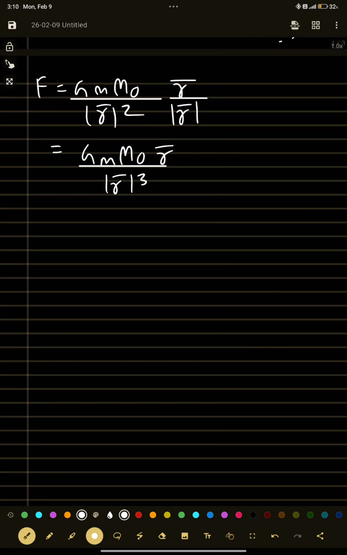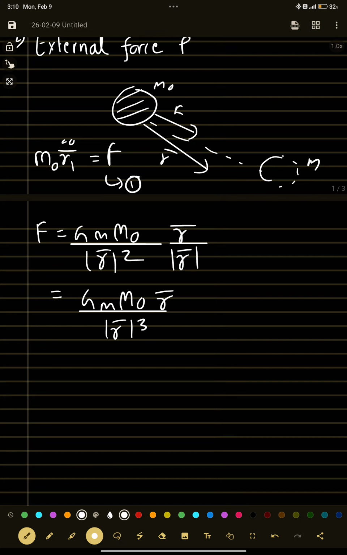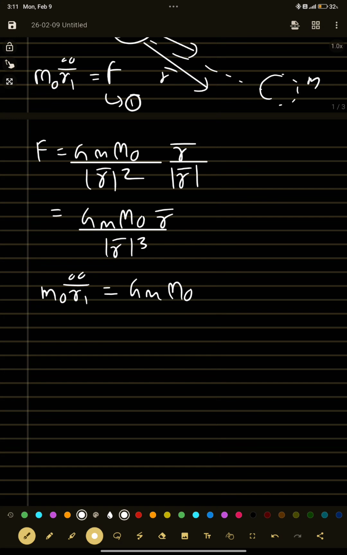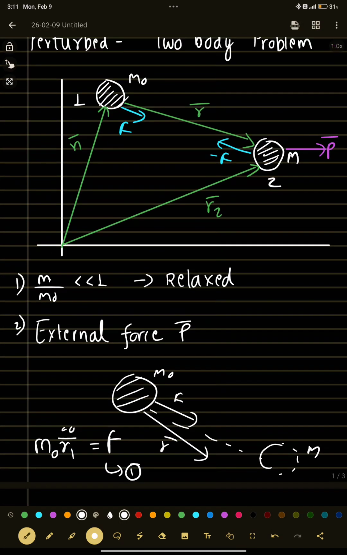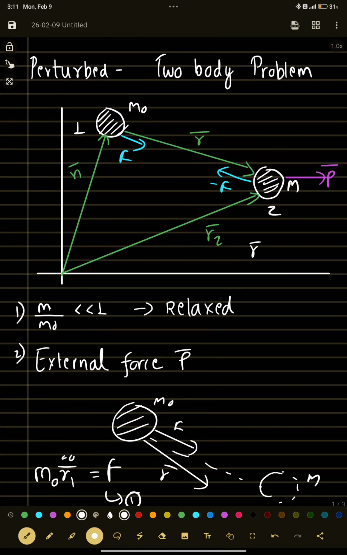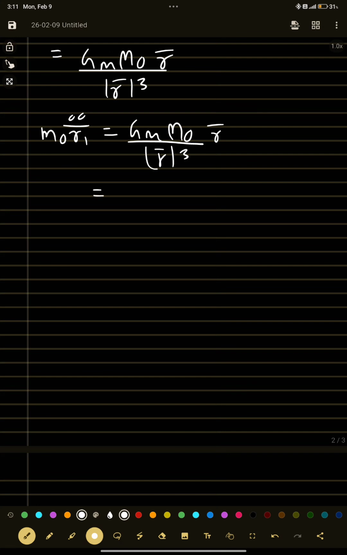So, if you expand equation 1, you will have G M naught M here. I would like to do a small manipulation. This particular R, you can express it as R2 minus R1. And I hope that is convincing. So, you end up with